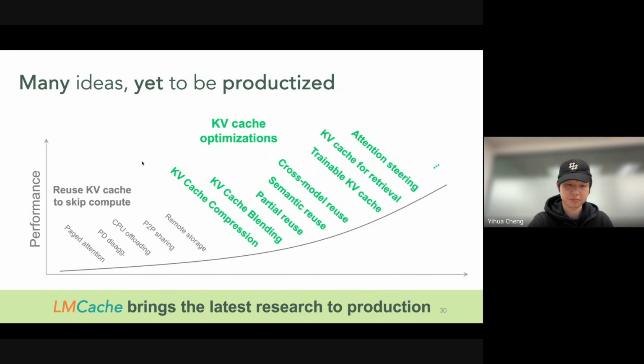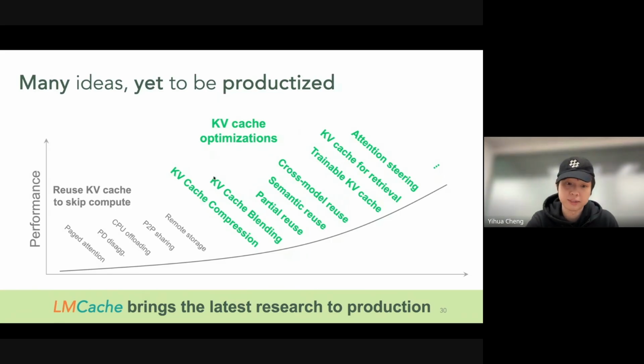So I would say nowadays on the industry side, it's becoming more and more common that all the plumbing work, like paged attention, CPU offloading, and remote storage, is already done. But on the academic side, there are a lot of KV cache optimizations yet to be adopted by production, by the industry. Like KV cache compression, people are starting to try that. We have blending, partial reuse, semantic reuse, cross-model reuse, or even manipulating the KV cache content to